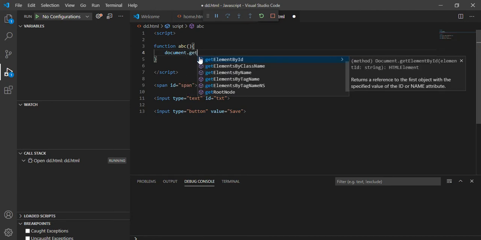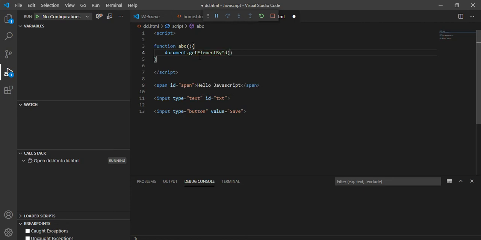See, in order to read this text box or any HTML content, you have these options: element by ID, class name, tag name. Each element has a unique ID. That is a very basic rule of HTML. For class name, you can create one class and write your class name, right? Tag means span, input and the other HTML tags. So I will be using ID.